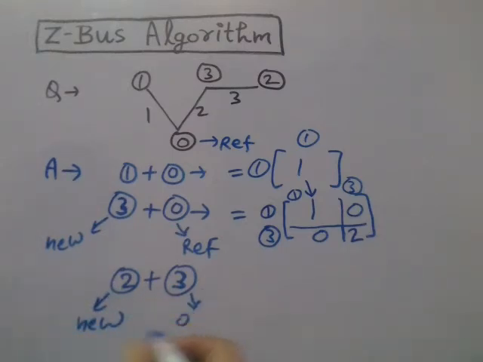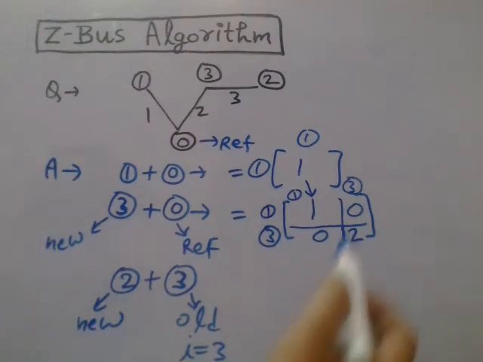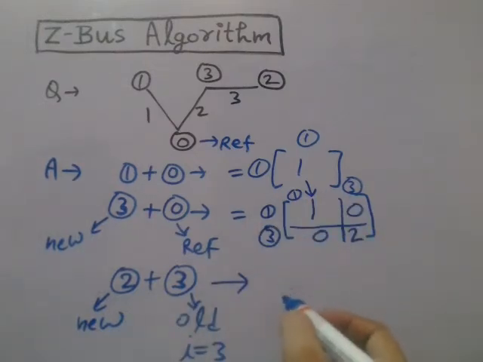Old node is always denoted by a small letter i, so i is 3. So that means Zii is basically Z33, and Z33, you know, it is 2 from the earlier matrix. So in this third case, the Zbus new matrix will be,